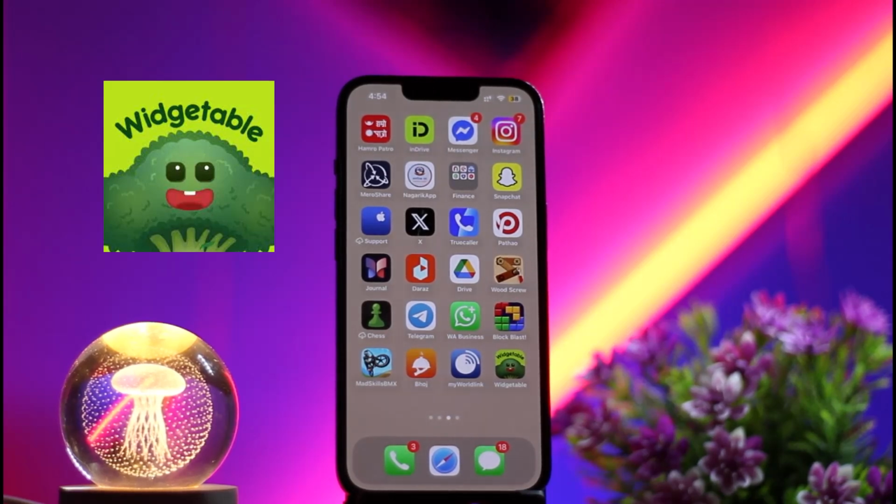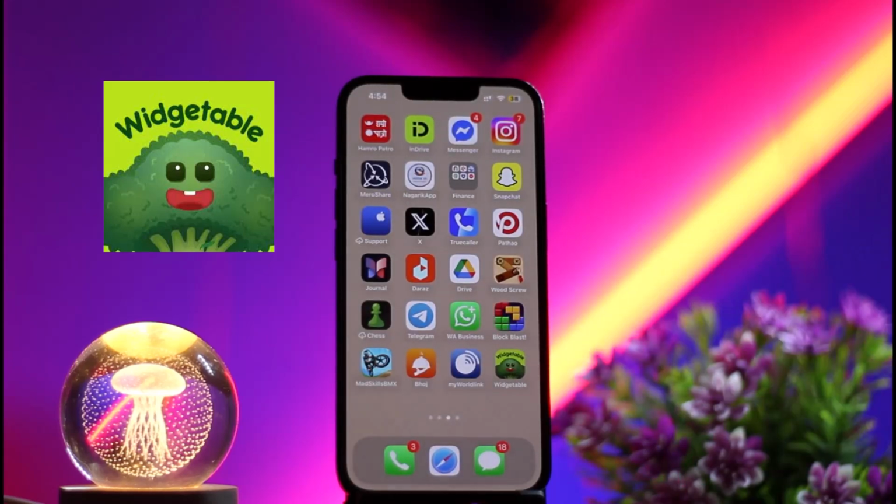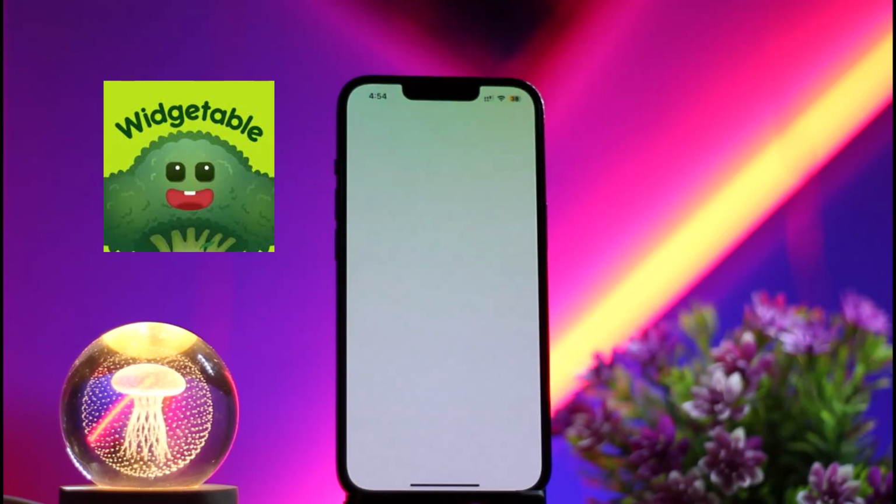So let's get started. The first basic thing which you need to do is make sure that you have already installed the Widgetable app on a device. If you have not installed the Widgetable app, you just need to install it from the App Store or Play Store on a device. After that you just need to open the Widgetable app,